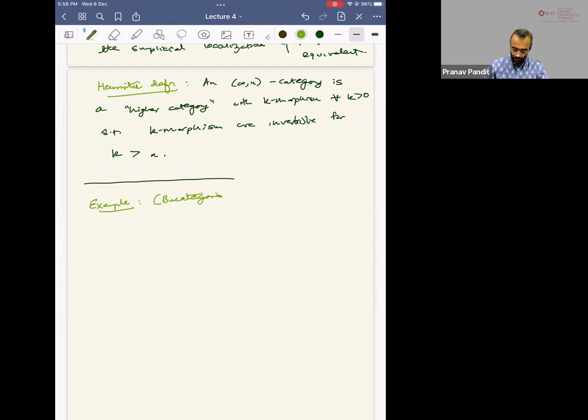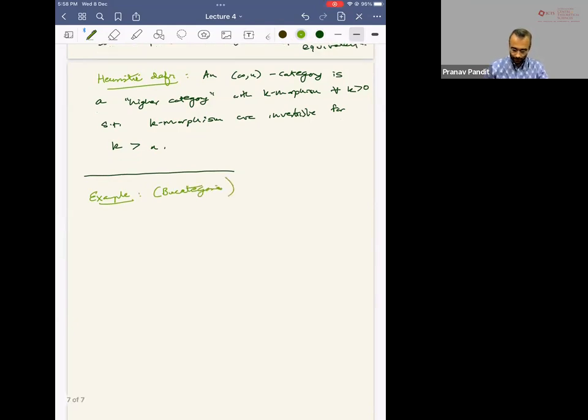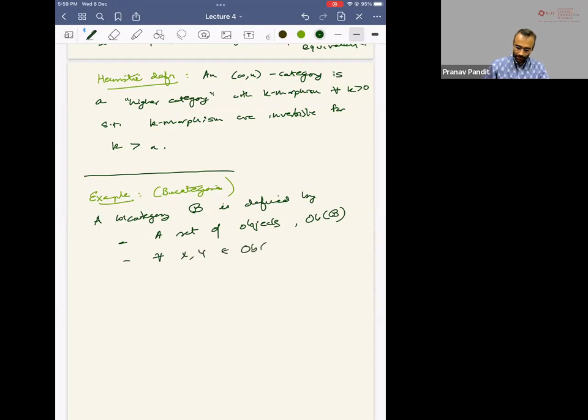Bicategories. These are things that are defined by giving a set of objects, and then for all x, y in the objects of B, you want some B of xy, a category,